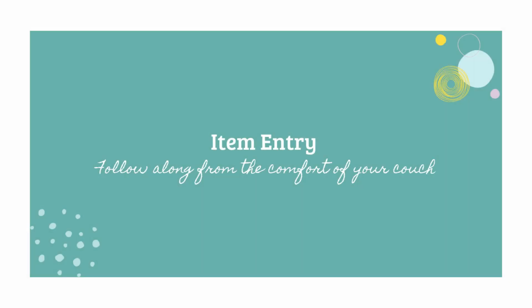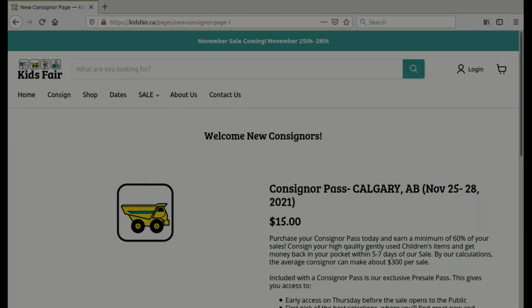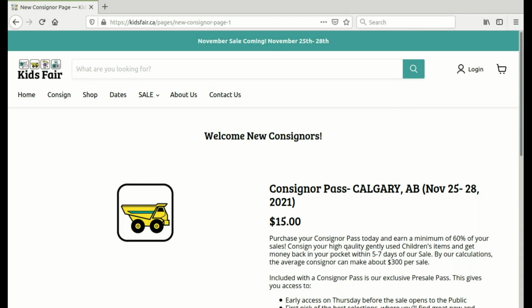The following video will demonstrate how to set up a Kids Fair Consignor account, as well as how to enter items through the Kids Fair Consignor Portal. If you haven't done so, purchase a Consignor Pass through the Kids Fair webpage,